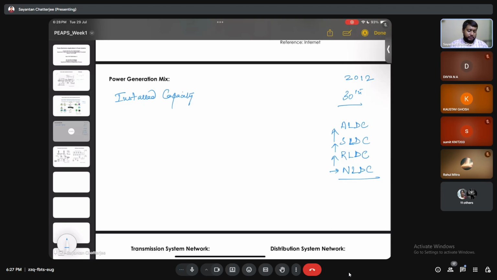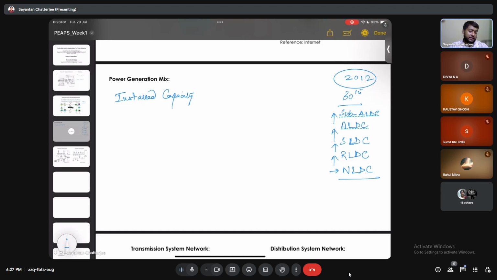Then Area Load Dispatch Center is localized areas within the state. Beyond ALDC, sometimes people also include the term sub ALDC. You may see these terms sometimes, though many books or lectures won't cover this. So this is the priority, and the point of mentioning the 2012 blackout is the decision